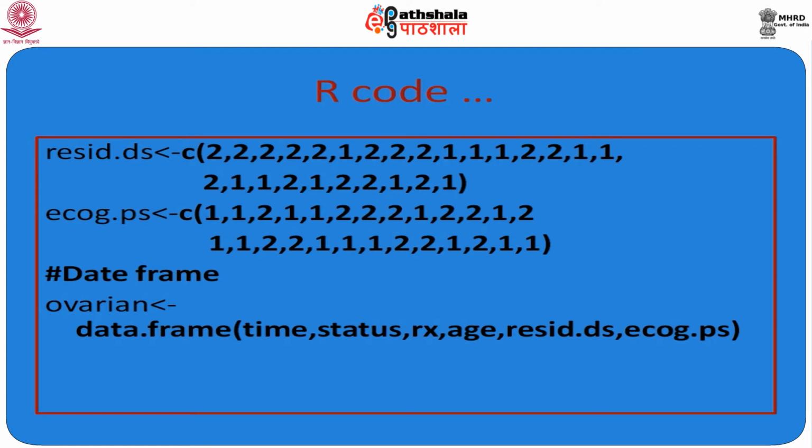Initially we have to load the library called survival. Most of the statistical tools in R for survival analysis are compatible with this library called survival. So we have to download and install the package survival, and after that we do the Nelson Aalen